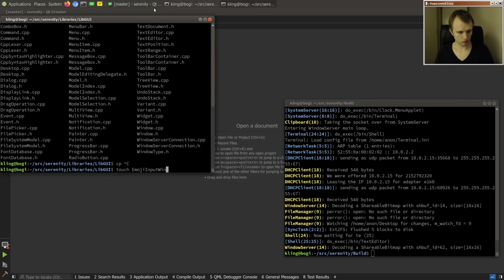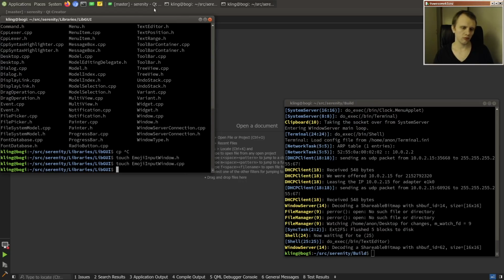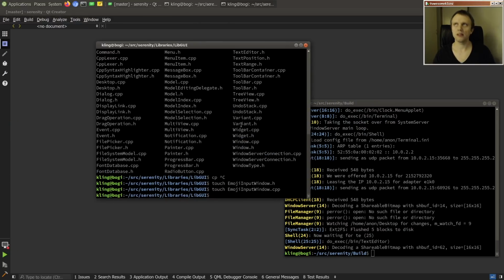Emoji input window. Let's call it that. And yeah, the idea is that any libgui widget that wants to can spawn one of these things, and it will just pop up where you tell it, and maybe you'll tell it which widget you are, and then